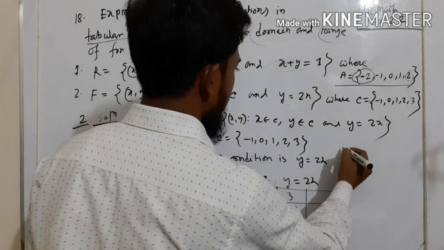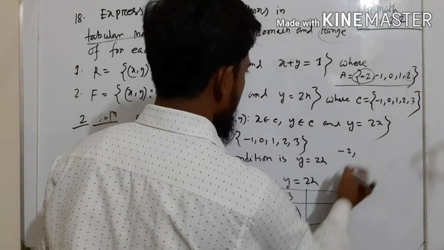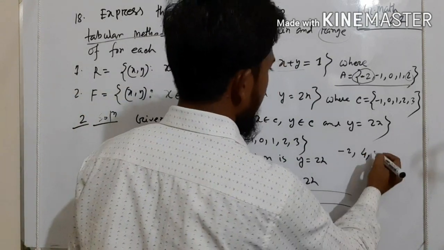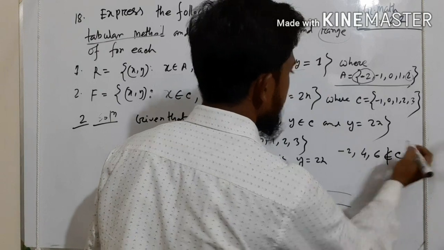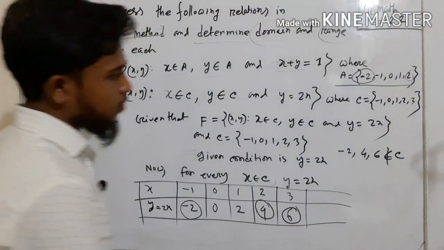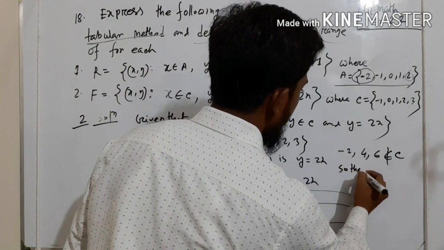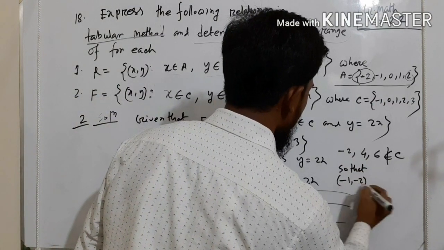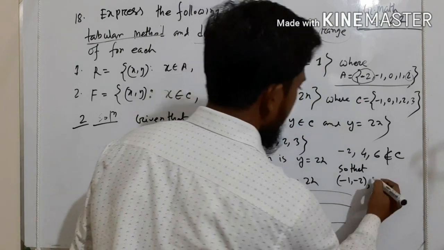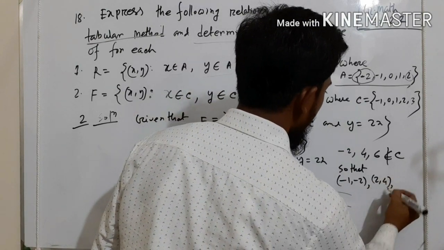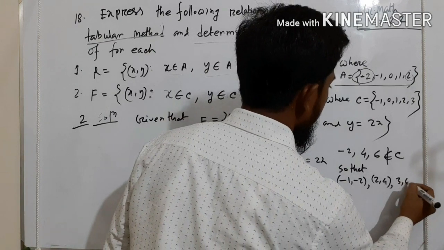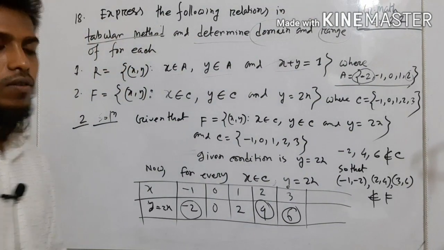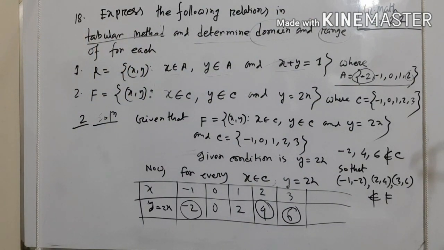So -2, 4 and 6 is not element of C. So that the relation -1, -2, 2, 4, 3, 6 is not of relation F. So our required relation is